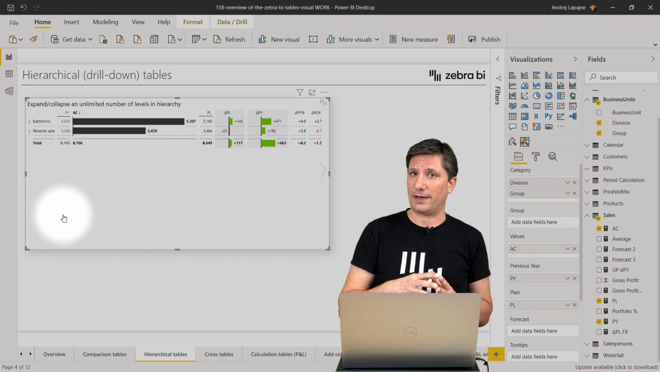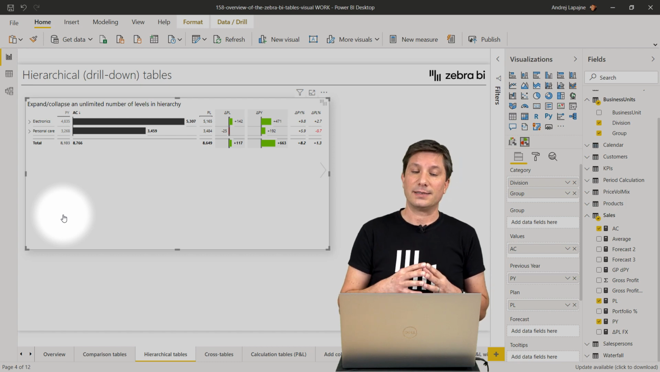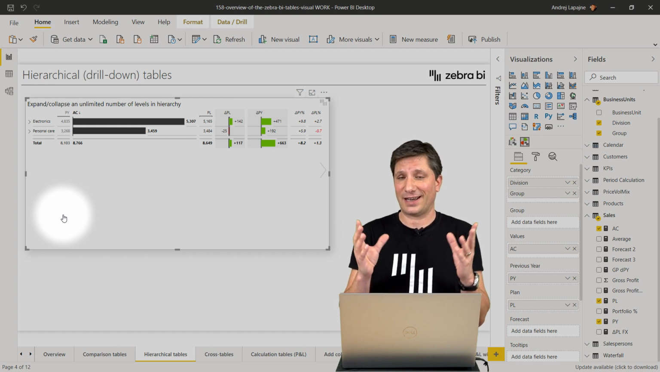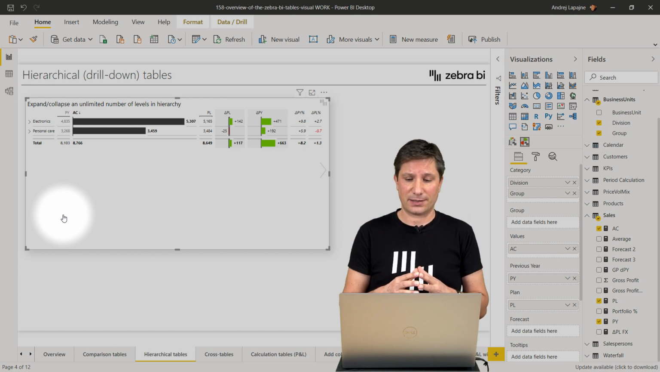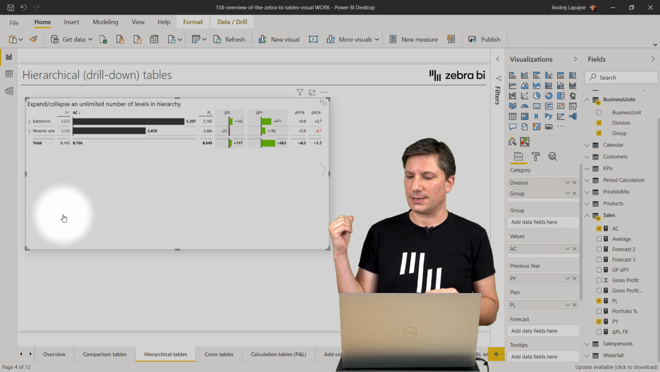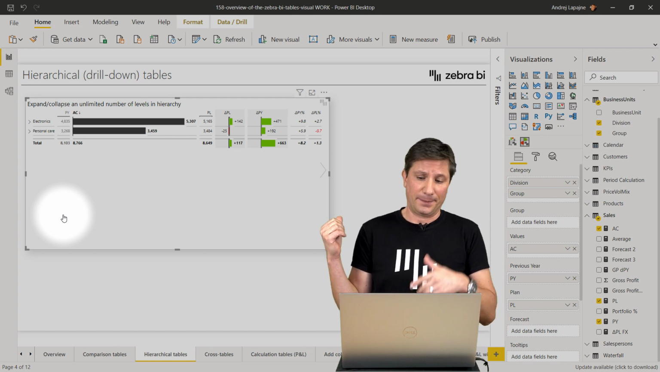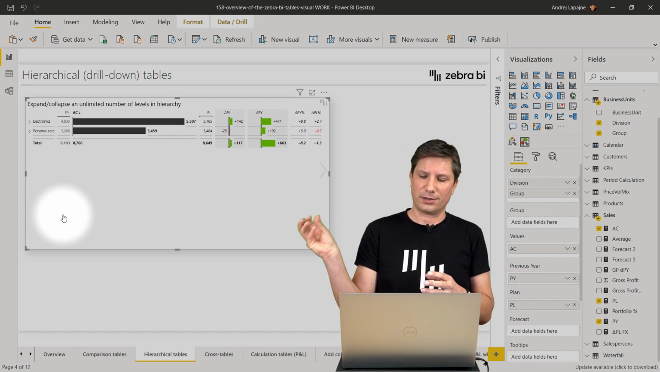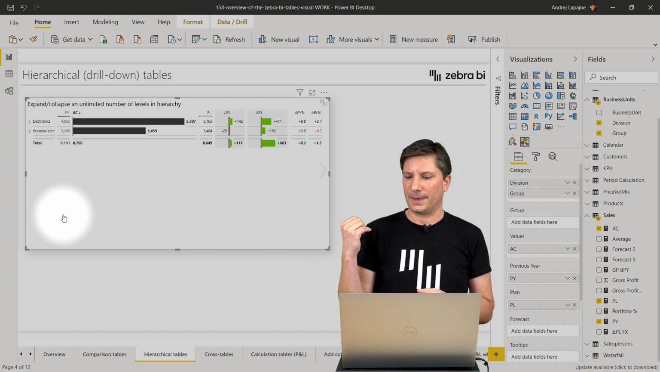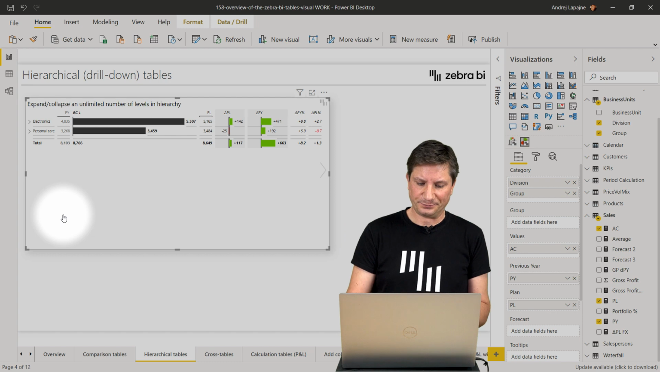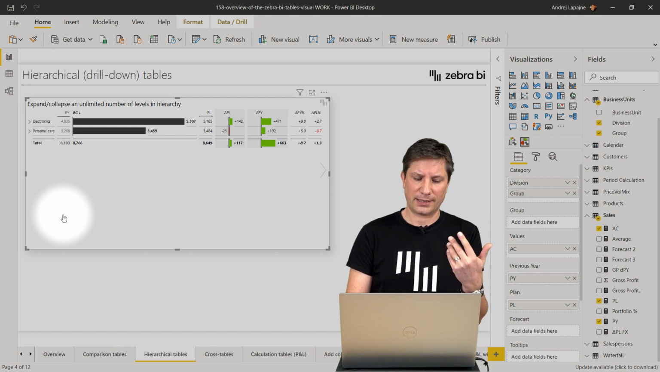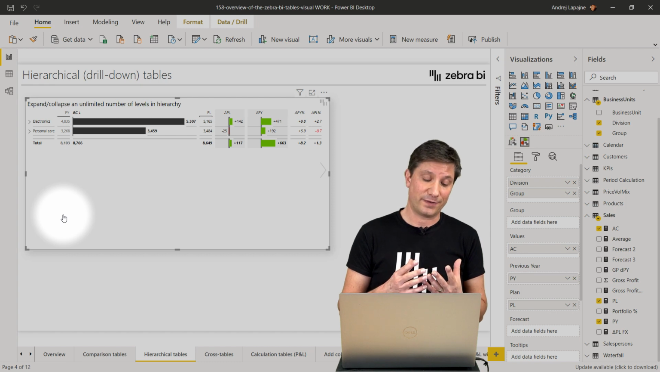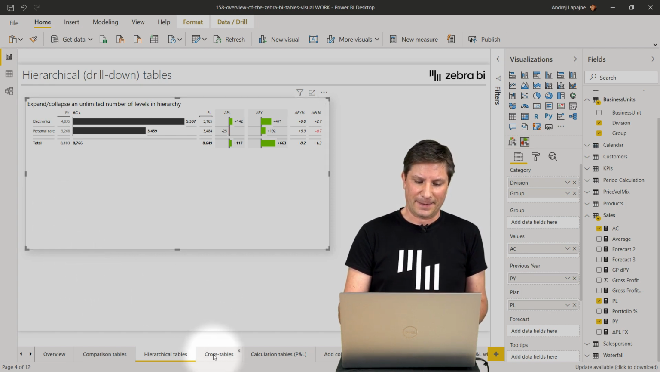And the number of levels in your hierarchy is not limited. So basically you can have 3 levels, 4 levels, 7 levels. It's completely unlimited, so you can add multiple fields into the category placeholder, or you can just take the whole hierarchy and just drop it into the category here. So this is how you create hierarchical tables in the Zebra BI tables visual. Okay, next thing